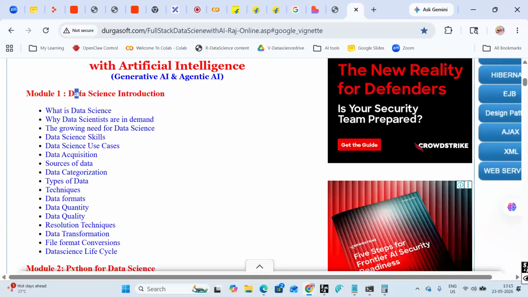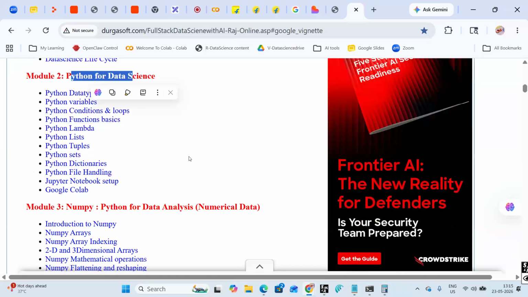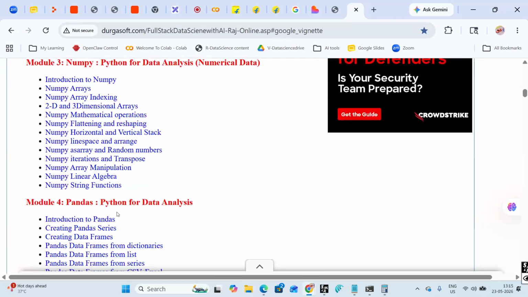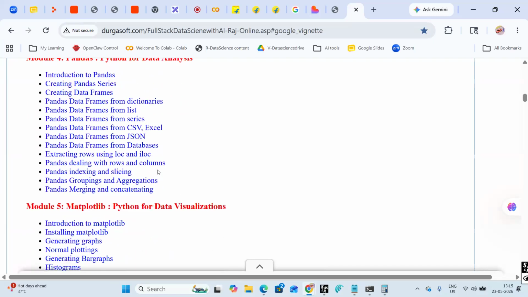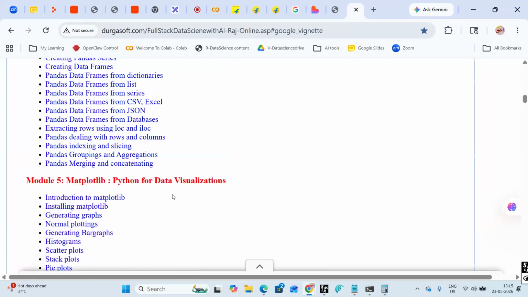First we'll start with data science basics, and then we will go with Python basics. Your question is, why Python, not Java or .NET or some other language? Python has numerical data libraries, pandas, and data visualization tools like matplotlib, and inbuilt statistical methods.